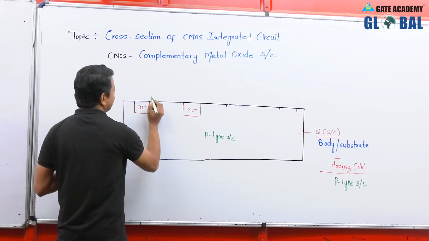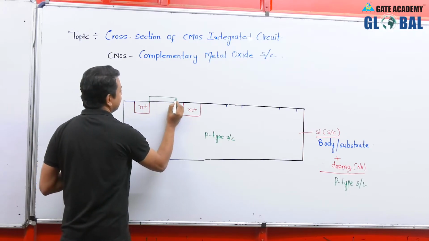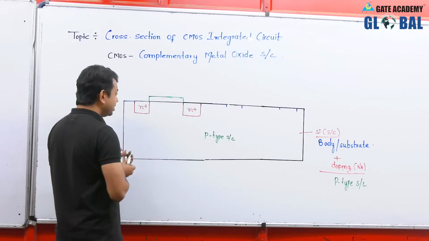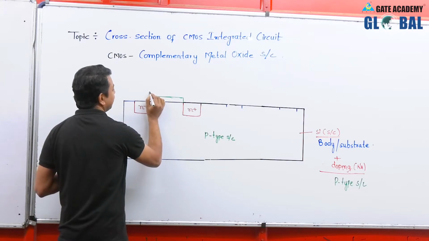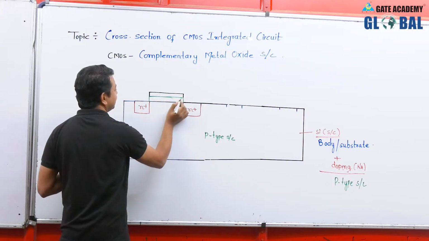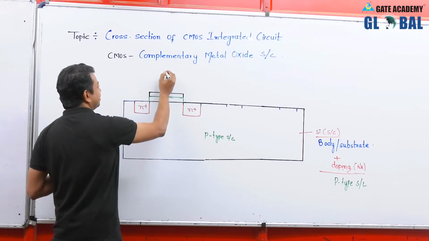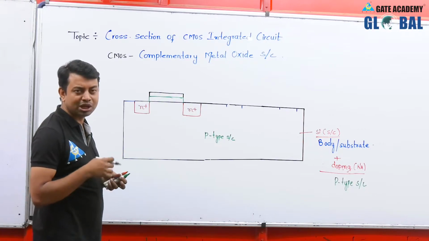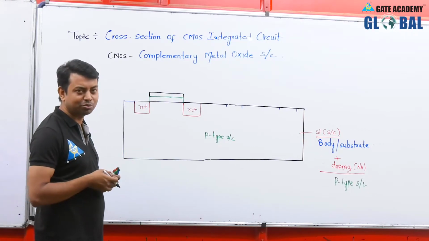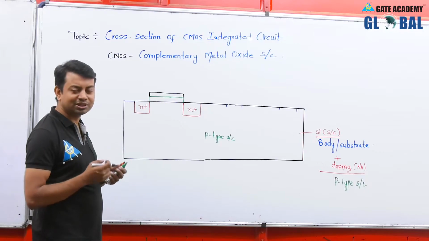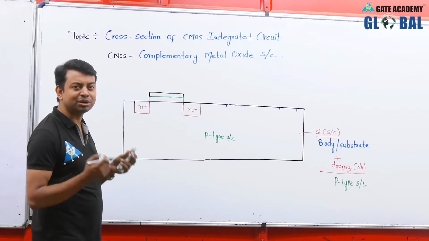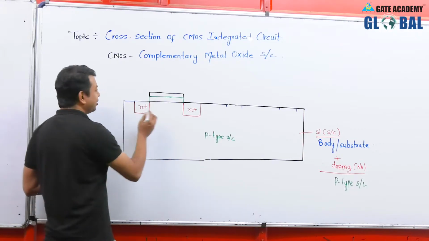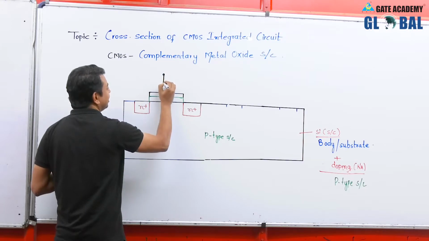And above this one we have silicon dioxide. This is a silicon dioxide layer, and above this silicon dioxide layer we have a metal layer like this. This is the metal layer, and I will discuss with you that during the evolution process we have replaced this metal with polysilicon. What are the reasons due to which we have replaced this metal by polysilicon? We will discuss all those things, but for here and now we have taken this as a metal.